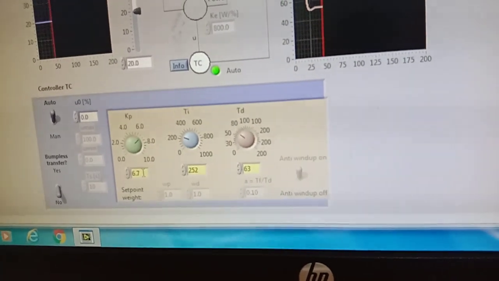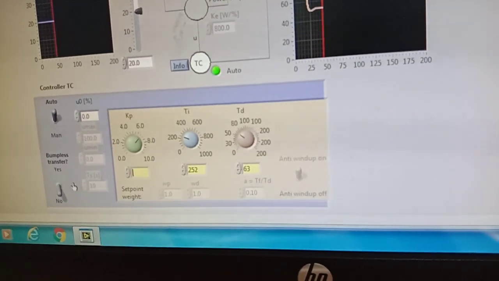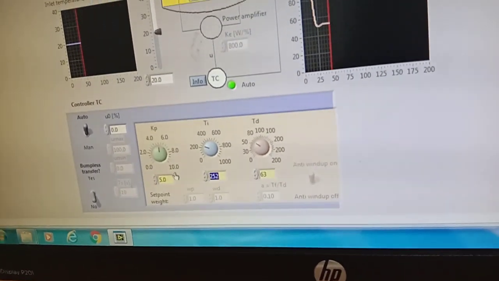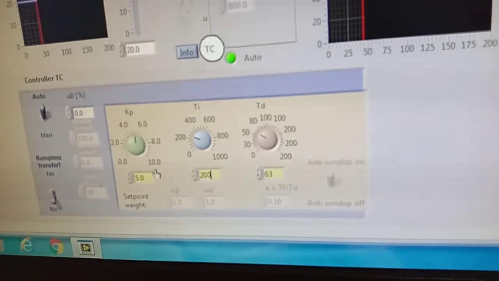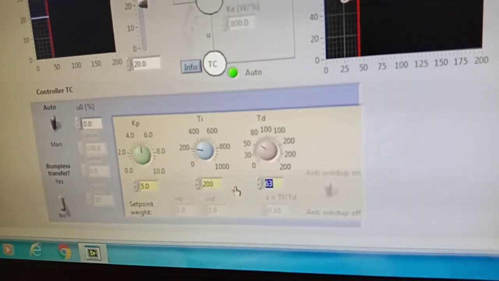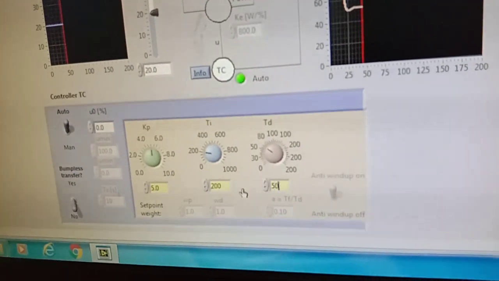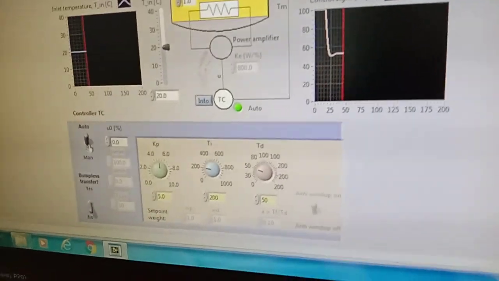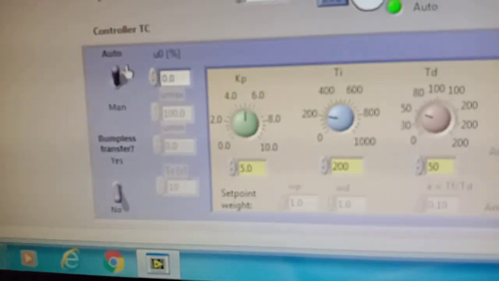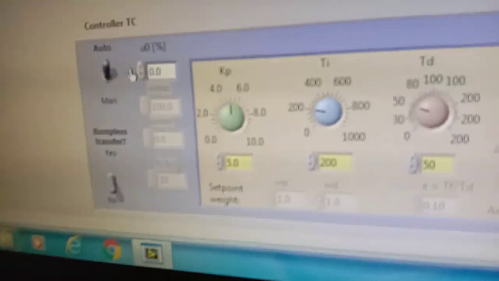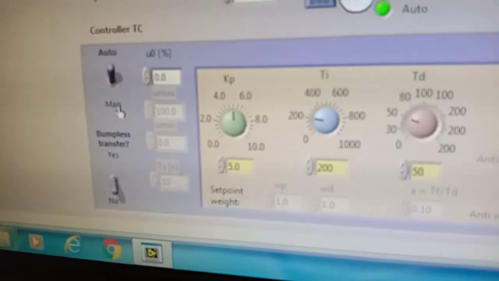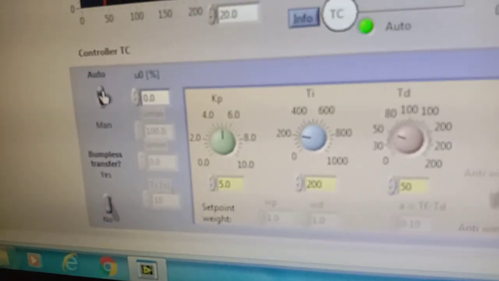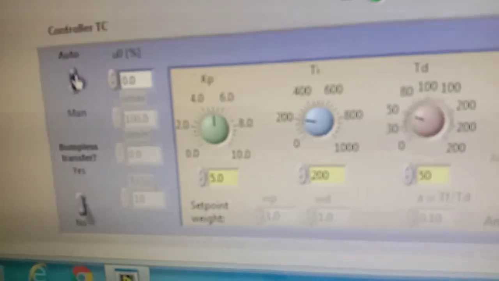Initially we will select Kp value as 5, Ti value let it be 200, and Td value let it be 50, and the controller we are going for is an auto controller, that is automatic control, not a manual one. By default it will be there, we need not change that.